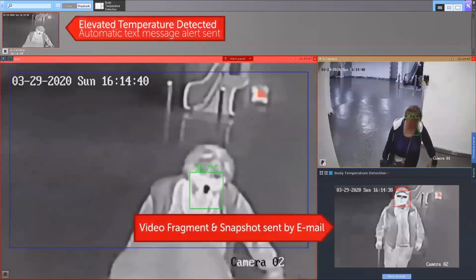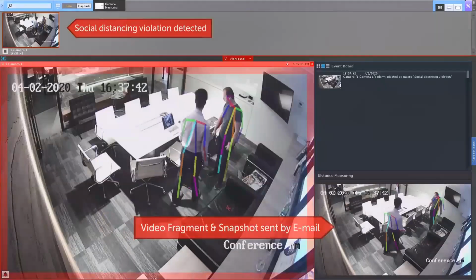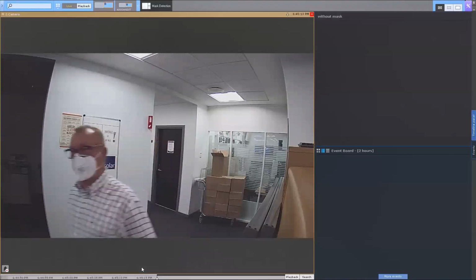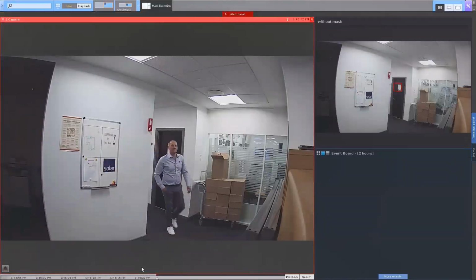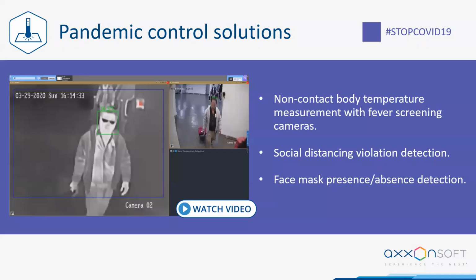For these purposes, we have implemented several features: non-contact body temperature measurement with the fever screening cameras, as you can see right now, social distancing violation detection, user behavioral analytics, and face mask presence or absence detection. All these solutions can be used in combination or separately, and they have proven to be effective to show how we can slow the spread of COVID-19.